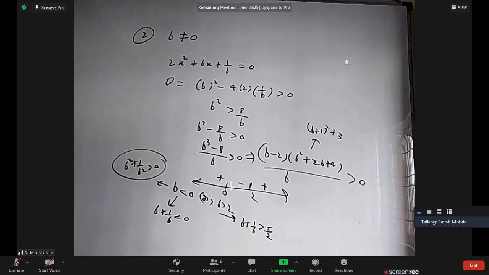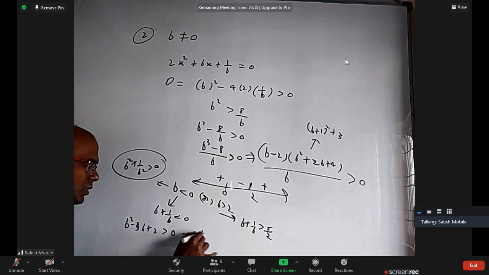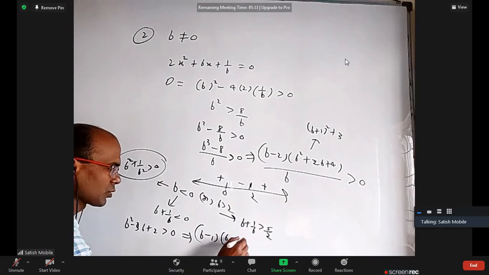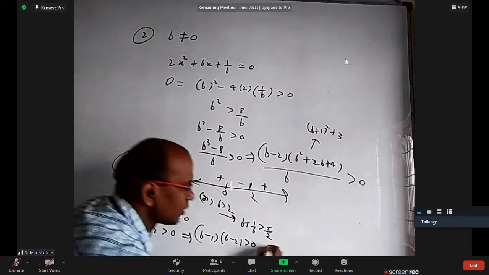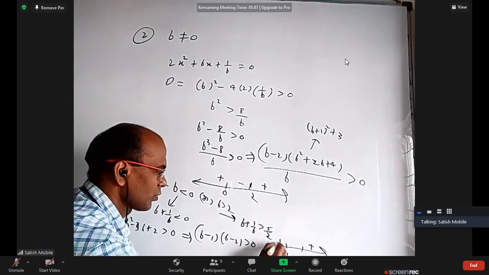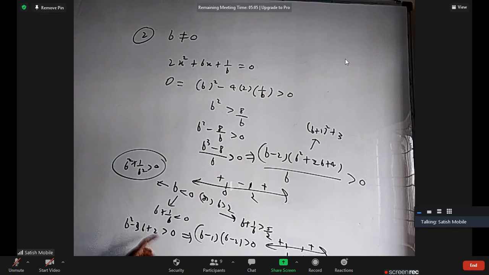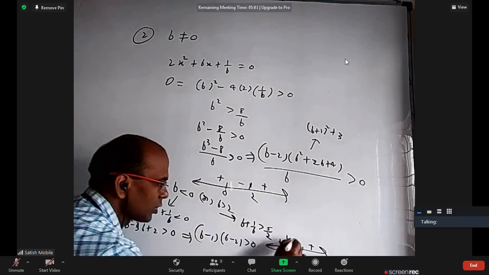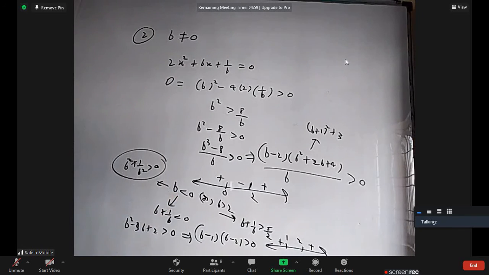b square minus 3b plus 2 greater than 0. Is it right? Let us check. This is (b minus 1) into (b minus 2) greater than 0. If I take a number line with 1 and 2, after 2 it is positive, before 1 positive. So this statement is true for b belongs to minus infinity to 1 union 2 to infinity, which is actually